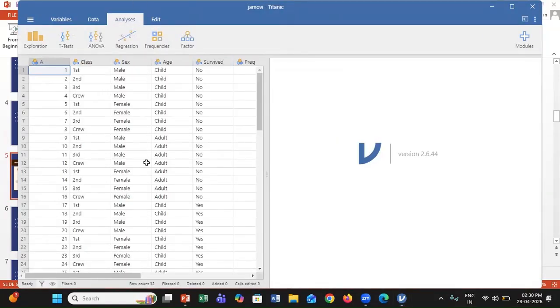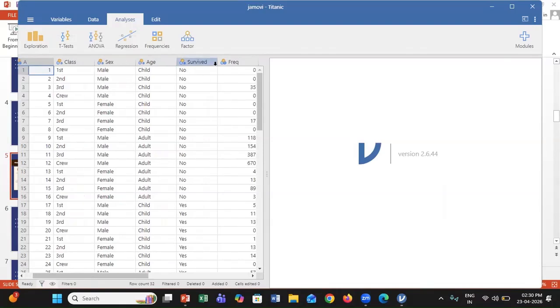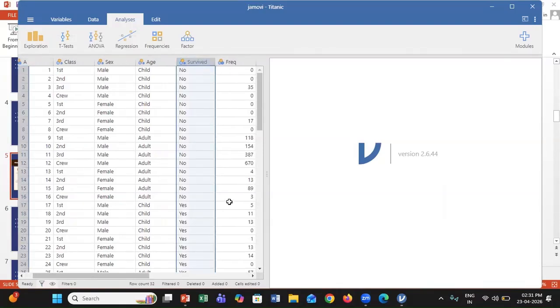The Titanic dataset in Jamovi is aggregated. Each row represents a group of passengers and the frequency variable indicates how many individuals belong to that group. The frequency variable is the weight variable. Without applying it, each row is incorrectly treated as a single observation. Let me run the analysis.